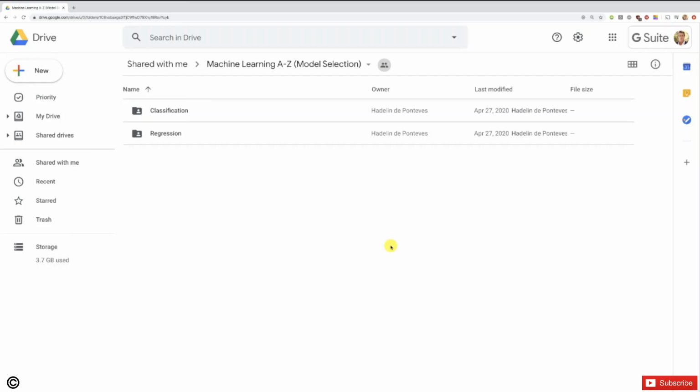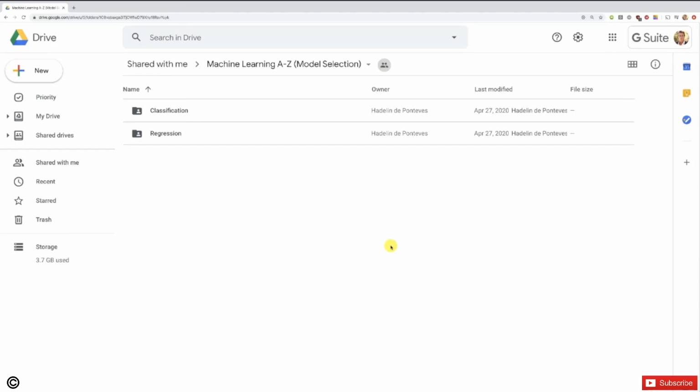Hello, my friends, and welcome to the final section of part 3, classification, where we're going to answer together a very important question, one of the most frequently asked questions in the data science community, which is: which classification model should I select for my data set? The goal of this tutorial is to show you how, with any data set, regardless of the number of features, to select quickly and efficiently the best